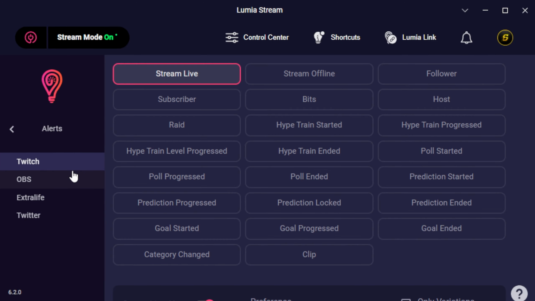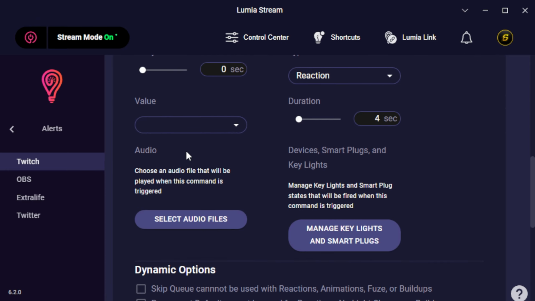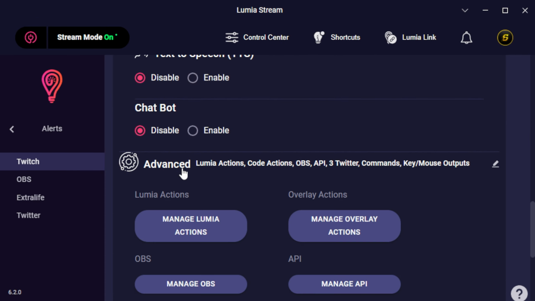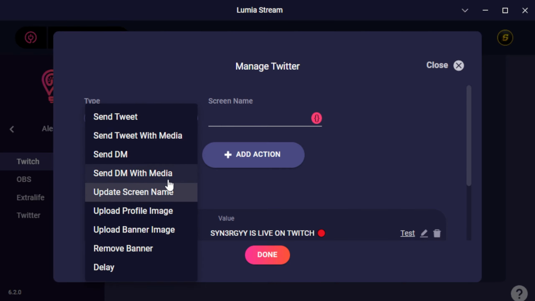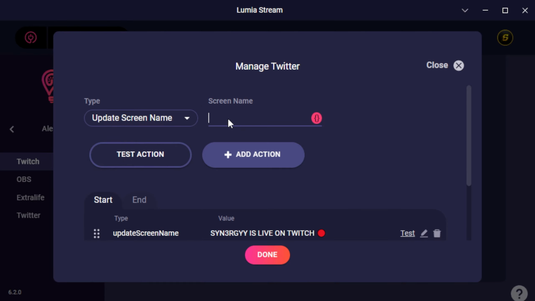Under Streaming Tools, click on Alerts. Make sure you are under the Stream Live tab at the top. Once you've verified, we can scroll down and select Advanced and choose Manage Twitter. The first step is under the Type drop-down menu. We will want to select Update Screen Name, and in the screen name space, add your live message and then